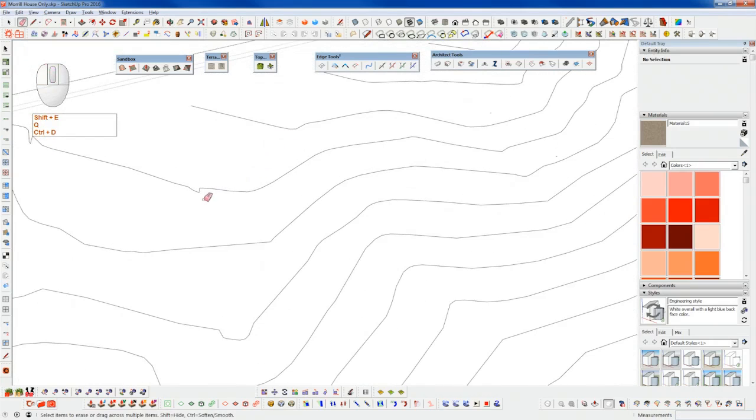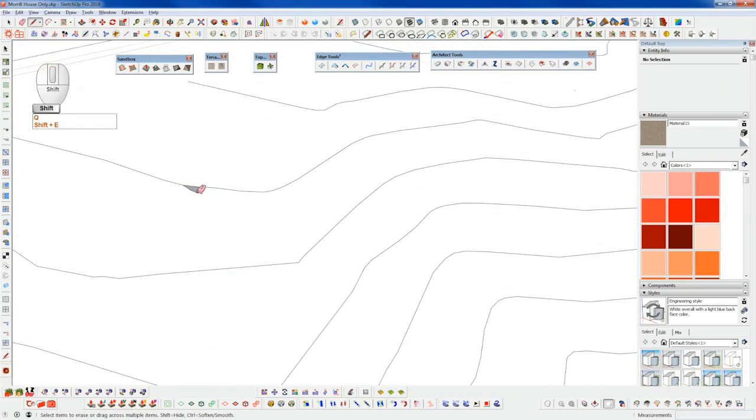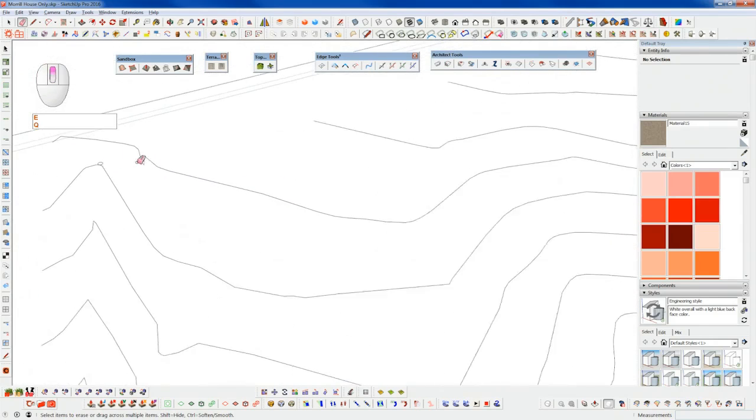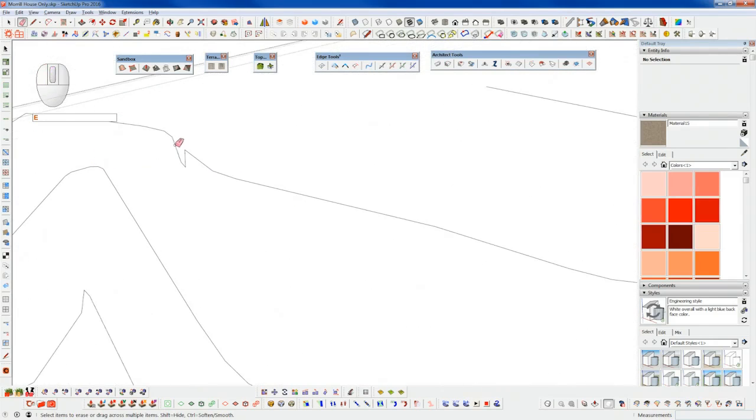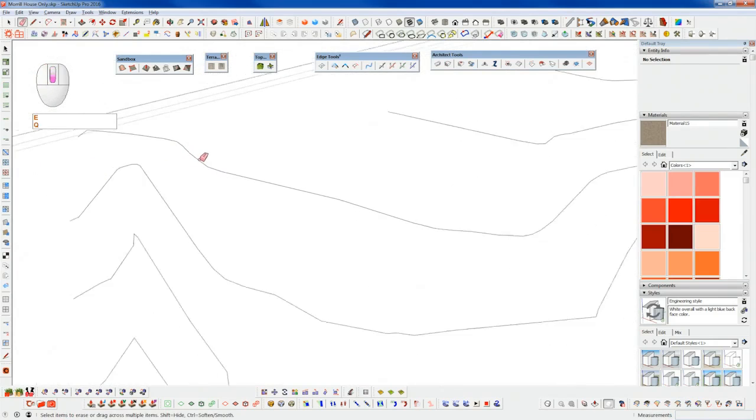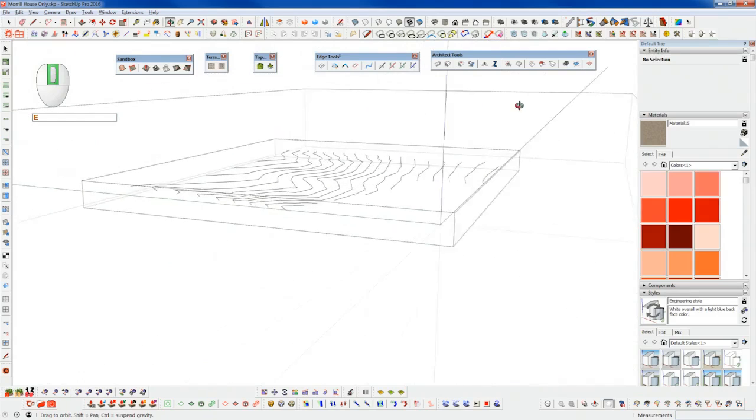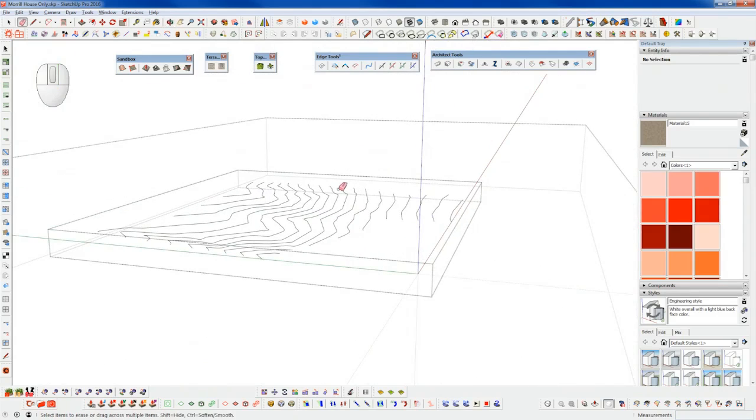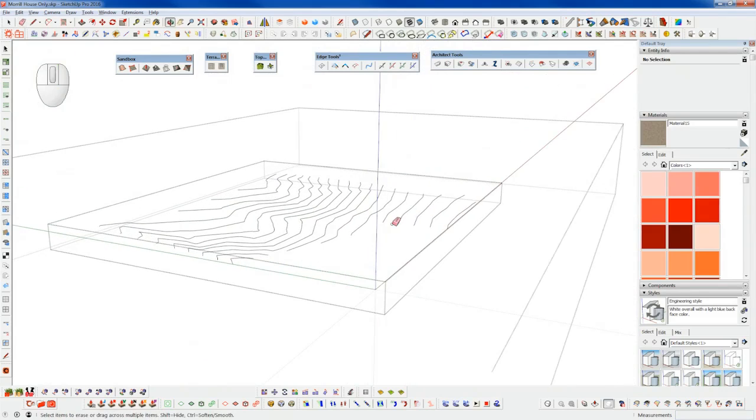Connect a couple little points there, maybe erase this one, connect those, and all of these little weird pieces here, just going to go through and do that. And now if we wanted to lift these up and bring them up to the height they need to be,